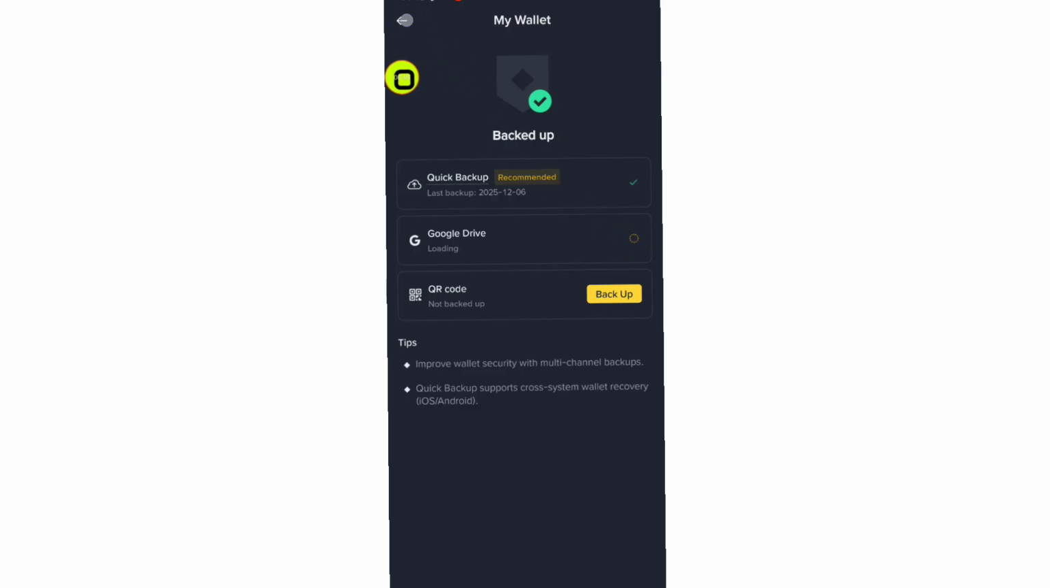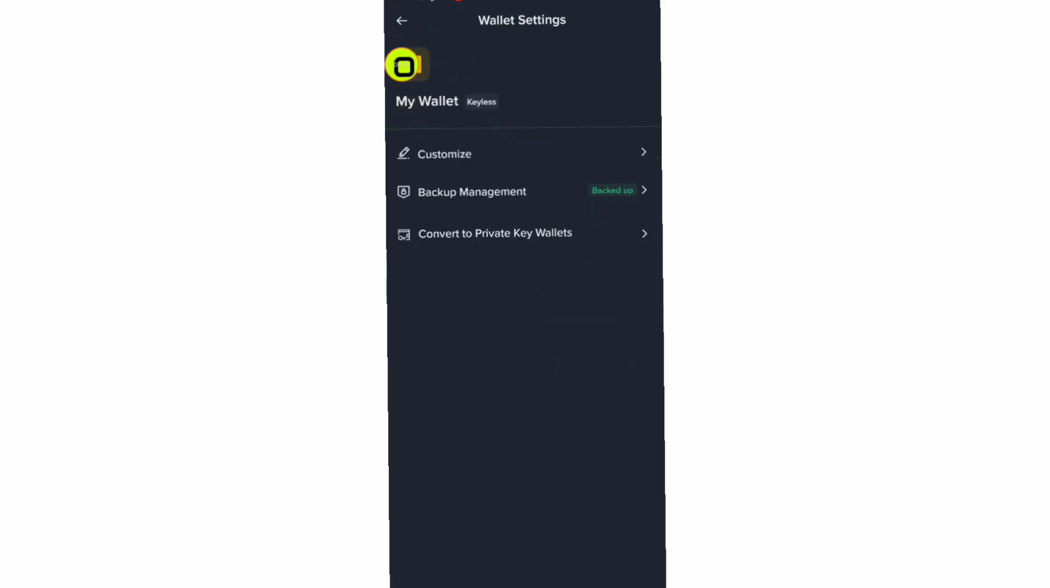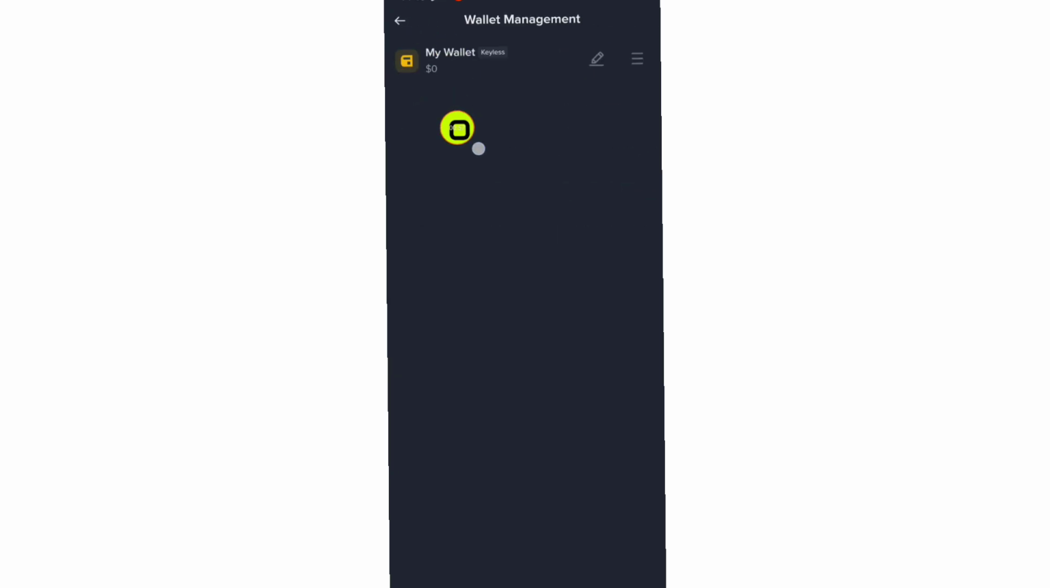So if you tap on this back arrow again, as you can see now, under this wallet that I currently have, if I tap on this back, as you can see now, if I tap on this three dot, the option is not working. So as you can see now, as I'm recording this video, Binance doesn't allow